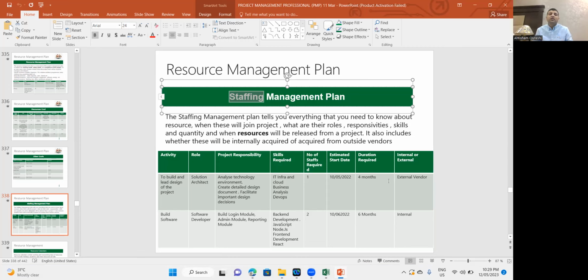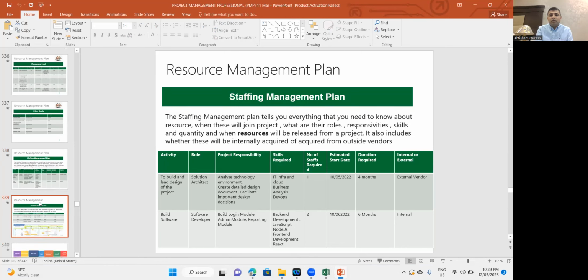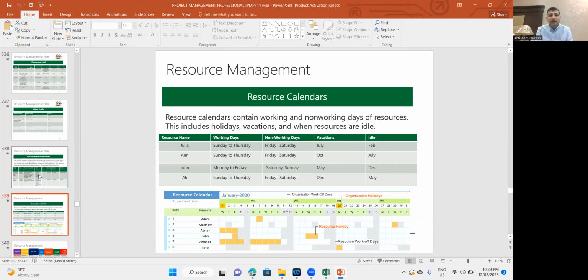So you start early onboarding this type of resource, because finding and onboarding the resource takes maybe 40-45 days. So you should start early, and then think about the duration for which you need them. If you need them for 4 months and the cost is, let's say, X amount, then you need to have the money for 4 months. Okay. So all these things are in the staffing management plan. If you are okay, I will move towards next. Next is